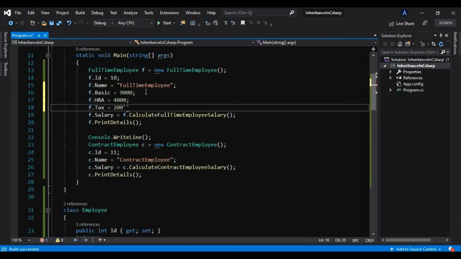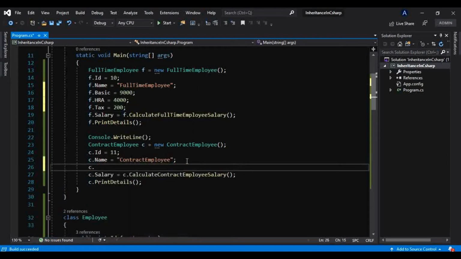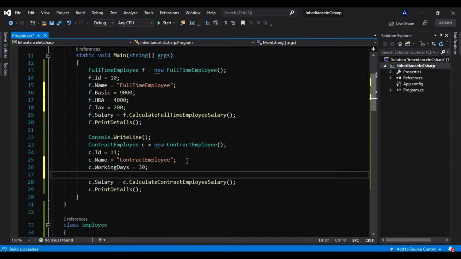rupees. Okay, and same for contract employee, we know there are parameters to calculate a contract salary, that is working days, that we will take as 30, and that means these many days the employee has worked in the company. Okay, and the per day of working of an employee is 700 rupees.